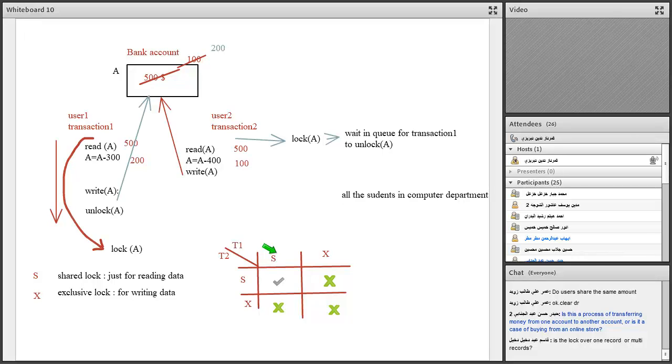Because transaction 1 is reading data and transaction 2 cannot come at the same time and change the data. And of course, two exclusive locks are not granted also because